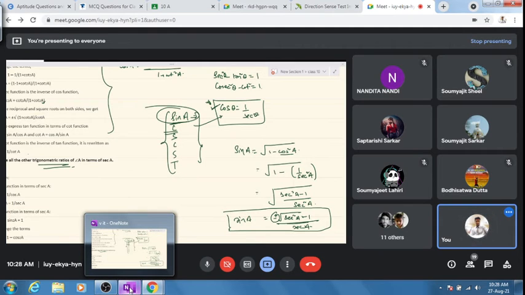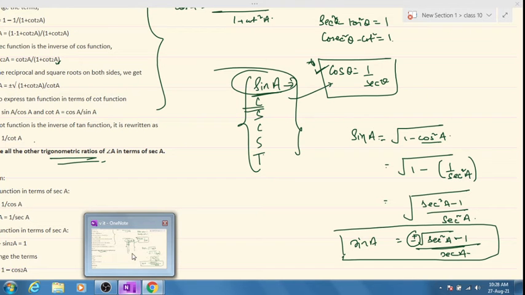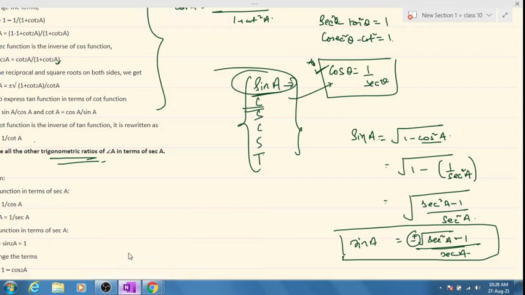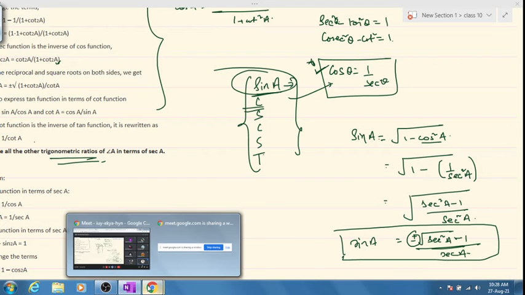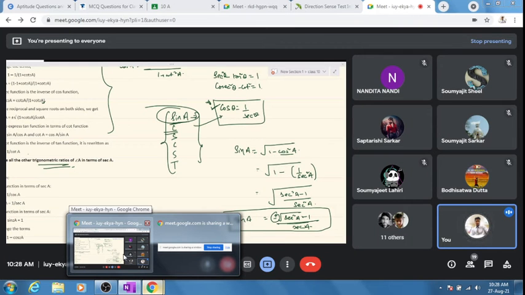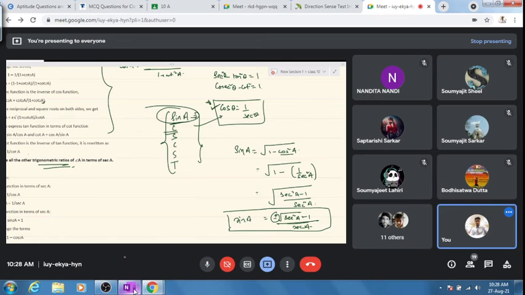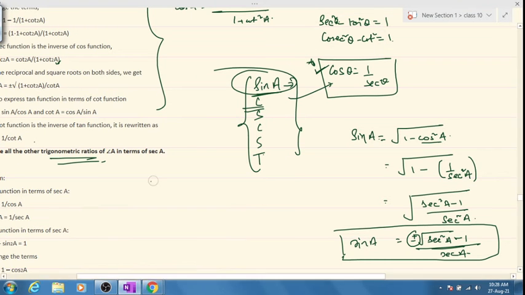Yes sir, no sir. Now tell me, why did you say no sir? Why did I put plus minus? Because if I have square root of 4, 2 into 2 gives us 4, even minus 2 into minus 2 gives us 4, yes or no? So we could have square root of 4 either as minus 2 or 2, clear?